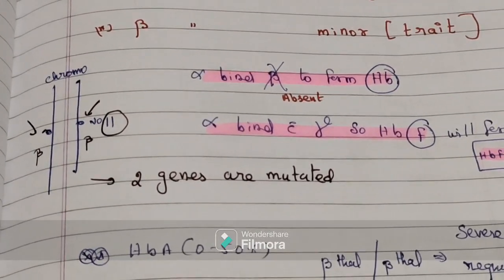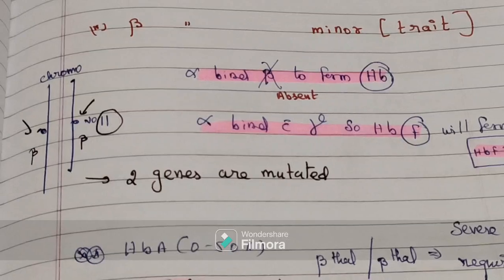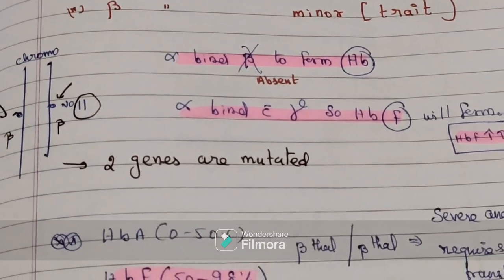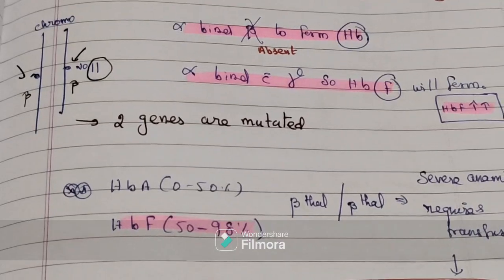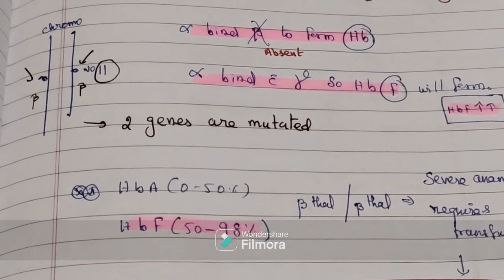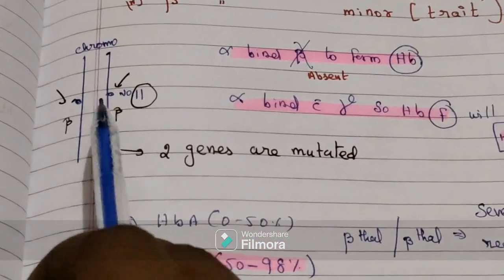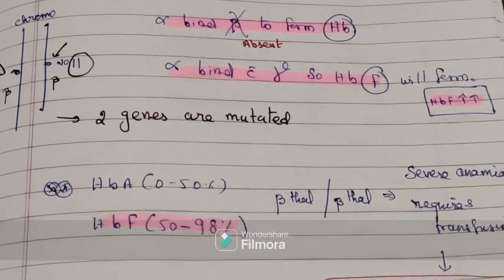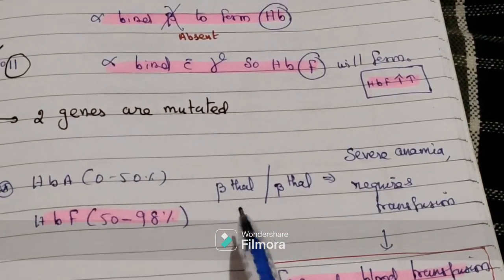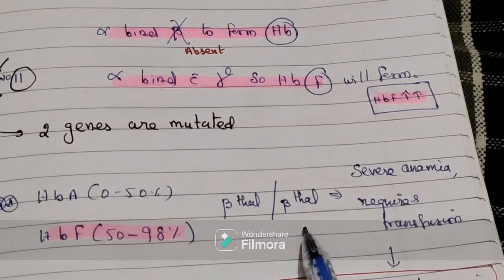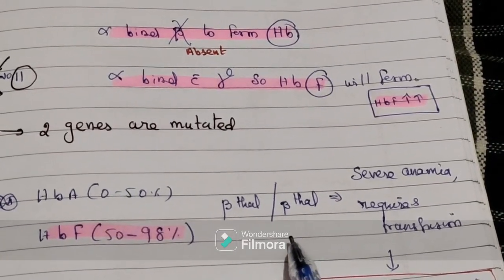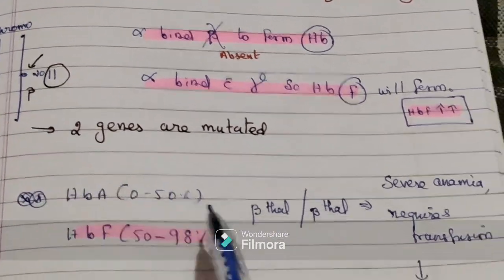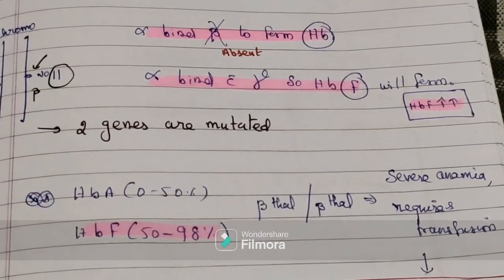So both genes are mutated. That is beta thal major. Two genes present on chromosome number 11, both are mutated, so that leads to formation